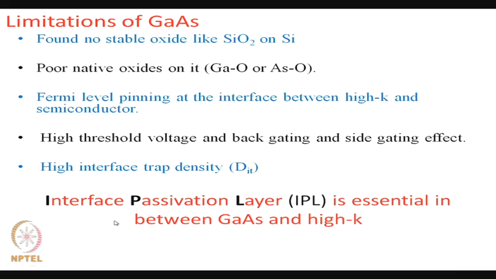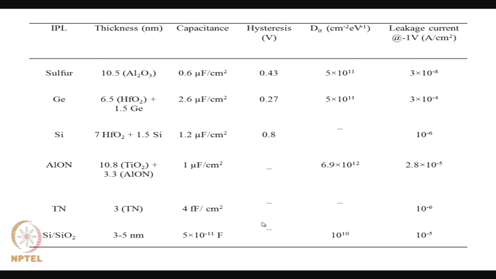SiO2 has been used, Al2O3 has been used, zinc oxide is used, indium phosphide pseudomorphic layer is used. So, that is the solution: an interface passivation layer is made, and it is essential between gallium arsenide and high K. Now, if we consider different interface passivation layers, say sulfur layer, germanium layer, silicon layer, aluminum oxynitride layer, titanium nitride layer, SiO2 we have shown as a benchmark, because we shall compare the values of the different interface passivation layers